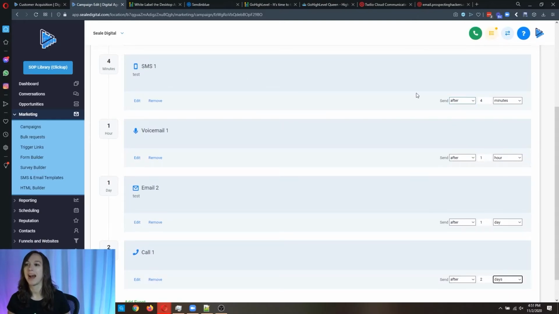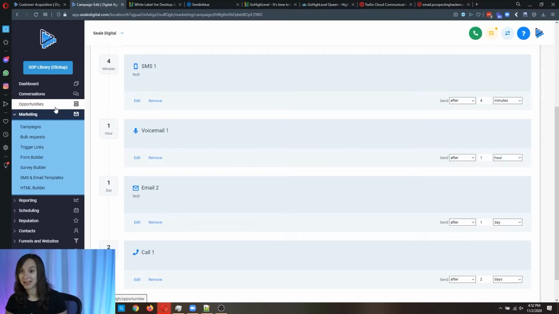And then 1 hour after this, it will send them a voicemail. And then 1 day after the voicemail, it will email them. And then 2 days after the email, it will force call them. That's how that works. Okay. So you just simply add them into, in the trigger, the campaigns that you want to add them into.